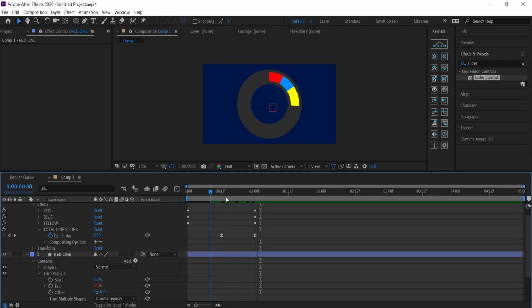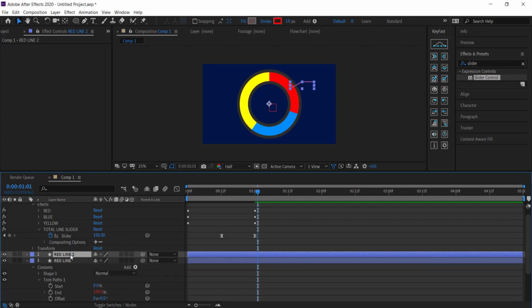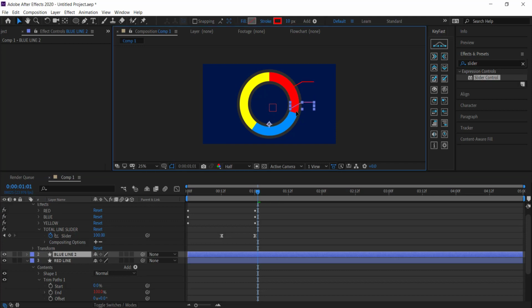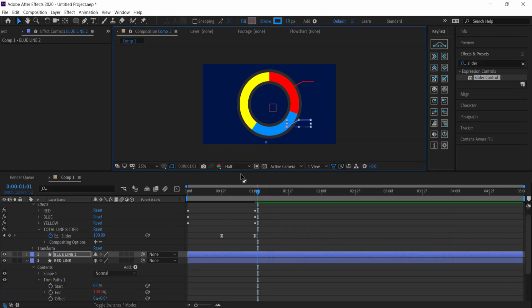Alright, cool. So now what I'm going to do is I'm going to just duplicate that red line again and just call this one blue line. So now with the blue line, I'm just going to make sure that I've clicked on my selection tool, and I'm just going to move it down to probably about there. And I'm just going to change the color to blue. Okay, so now I've got